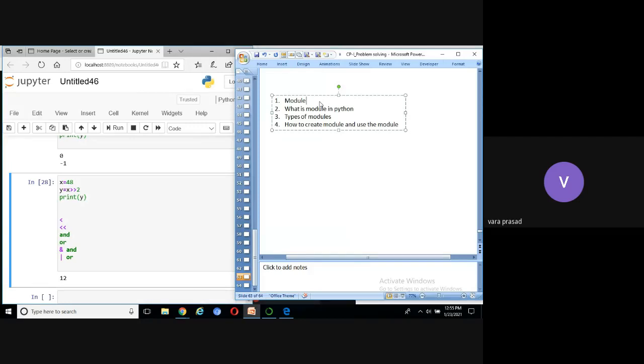What is a module? A module is a Python program. If any file ends with .py, that is called a module. Second point: a module is a Python program.